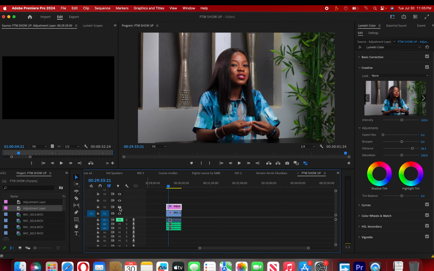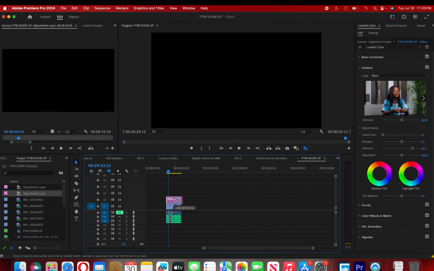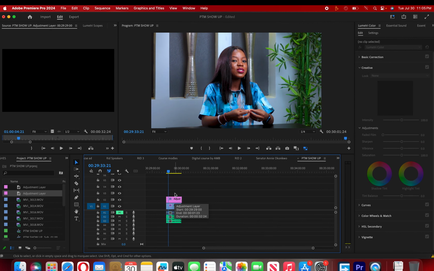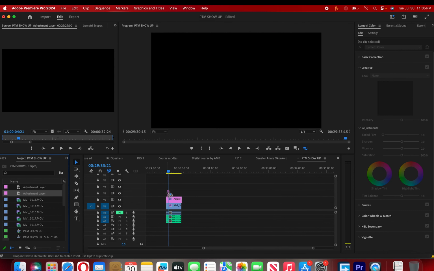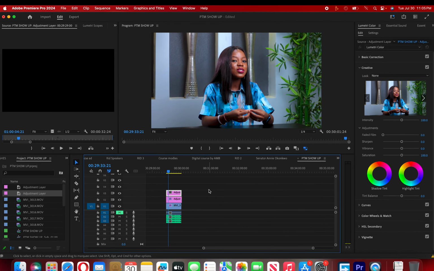Like I said, you can duplicate this adjustment layer. The more you duplicate the one that you've worked on, the more colorful it becomes. So let's say we hit option and we duplicate this and we took it up. You can see that it's now more colorful than it was before, but for this image, I don't want to do that. I want to create something special, so I can bring up a new adjustment layer that has no effect, pull it to fill up the space,